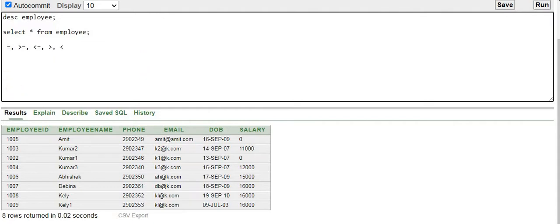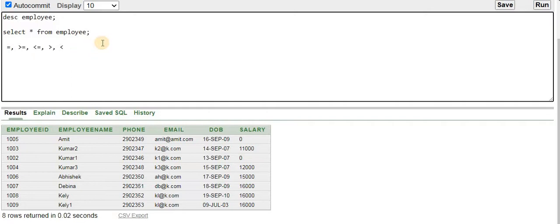One is the equal to operator, second is the greater than or equal to operator, third is the less than or equal to operator, fourth is the relational operator greater than, and fifth is less than. First, let us check how we can use the equal operator to fetch records from this employee table.